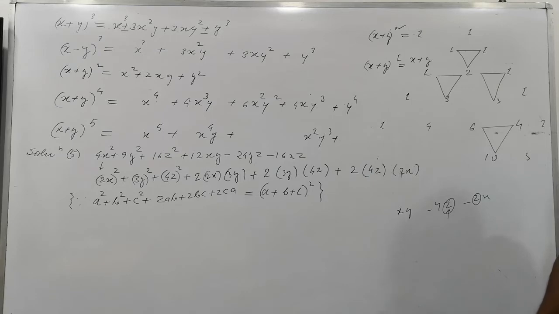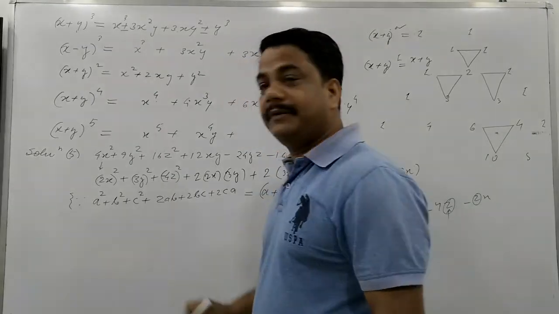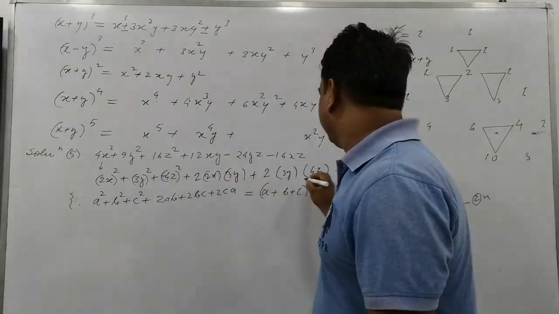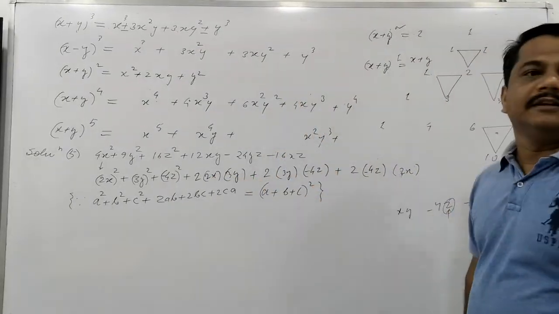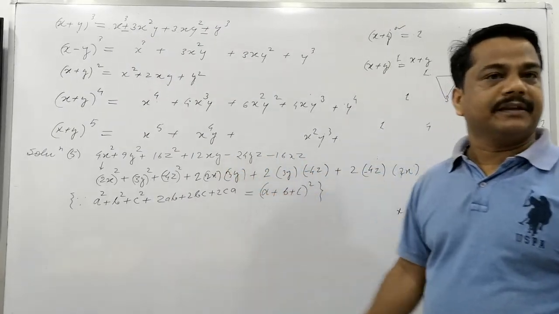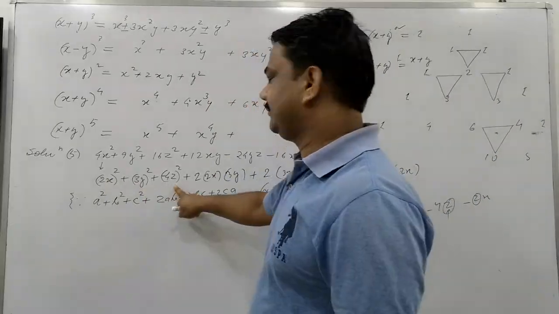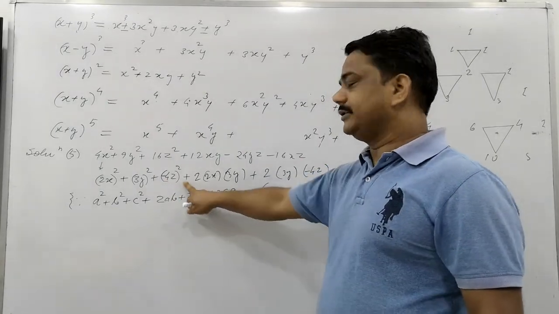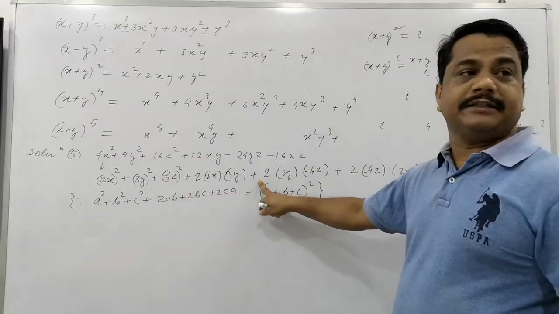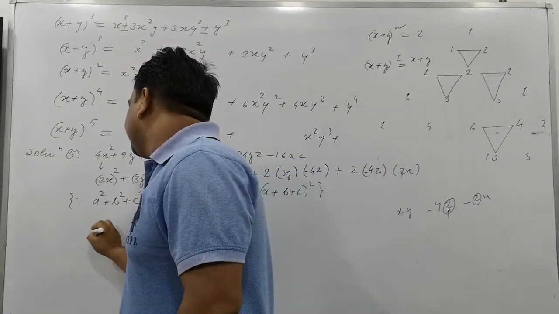So there are two ways. First way is X and Y both negative, and second only Z negative. So there are two ways that it can be written here. It means Z will be negative here. Is that clear? Due to the negativity of Z, this term is occurring negative. Is that clear now? So what can we write further here? A square, b square, c square shall be positive, 2ab shall be negative, 2bc shall be negative.